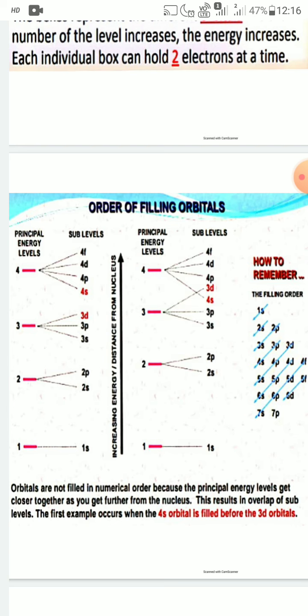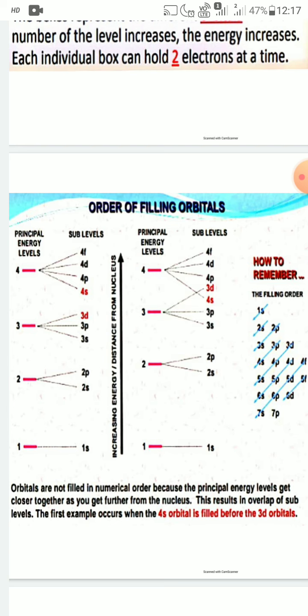After that 3d, 4p, 5s. Okay, next 4d, 5p, 6s, like this. You have to remember the energy order of the different orbitals, and then you have to put the electrons into the lowest energy orbital first, then higher energy orbitals, according to above principle. Okay,